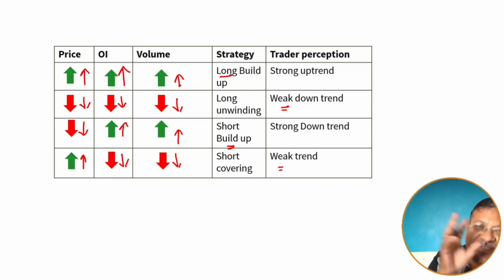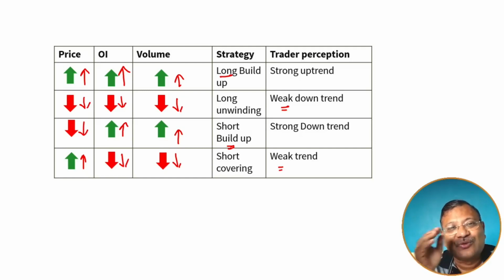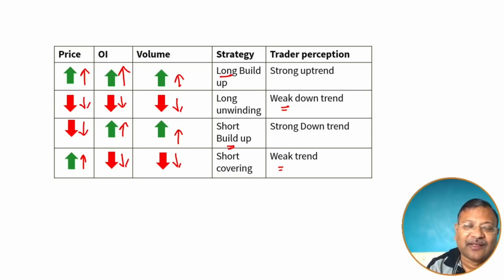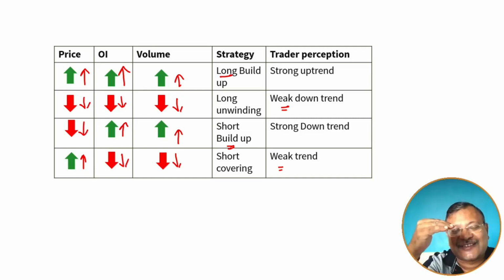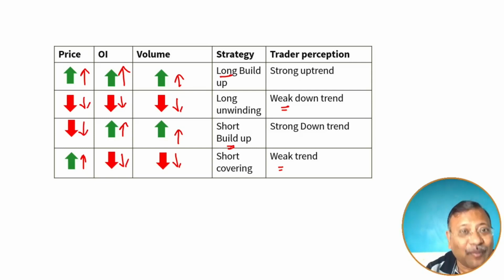So as a trader, it is possible for you to look at open interest, the change in open interest and the volume to identify a couple of things. If you look at open interest in absolute terms, just the open interest, and especially of the OTM sections of calls and puts, you can identify the support and resistance level. So now you know the band. But knowing the band is not enough. You need to know which direction the market is likely to move. And for that, you need to have a look at the change in open interest together with the volumes.